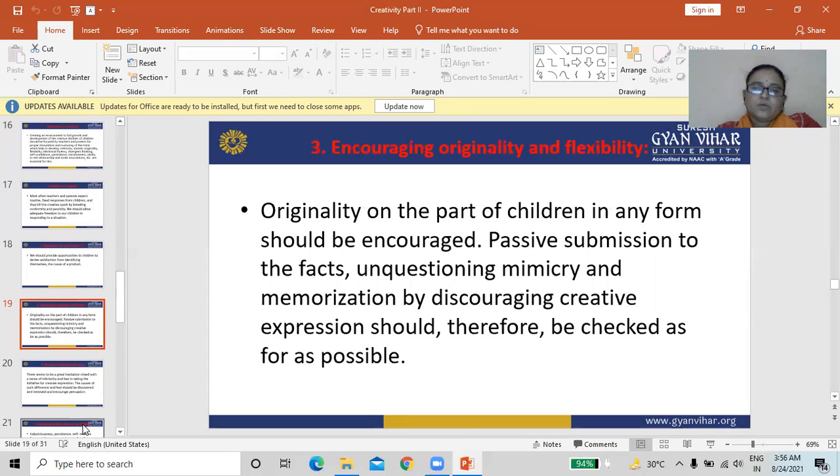Originality on the part of the children in any form should be encouraged. Passive submission to the facts, unquestioning mimicry and memorization, which discourage creative expression, should therefore be checked as far as possible.